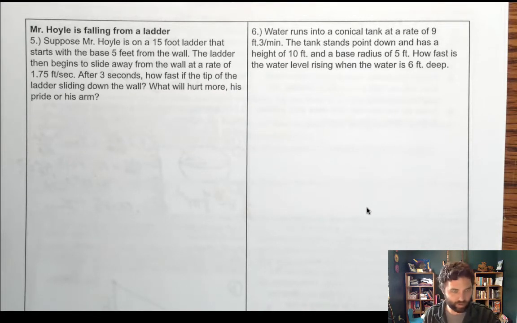What will hurt more, his pride or his arm? Which I think is ultimately what he hurt. But anyway,